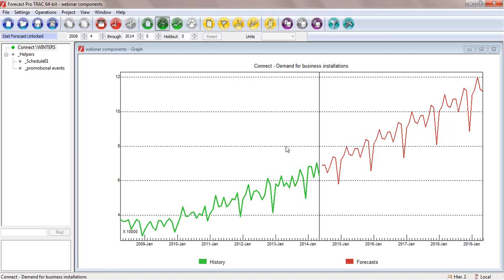And again, what I want to point out is, in the short term, it's probably pretty reasonable to think that the current conditions on the components will continue. In the longer term, it becomes more tentative. So I may want to change the longer term forecast in some way. And I'm going to go back to our slides